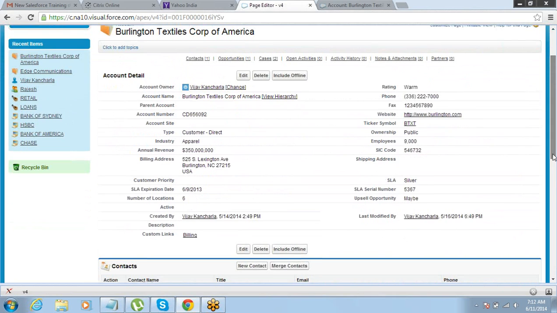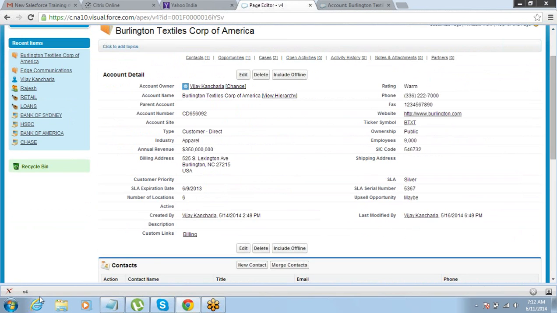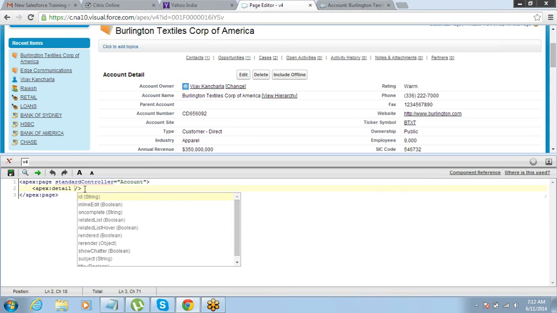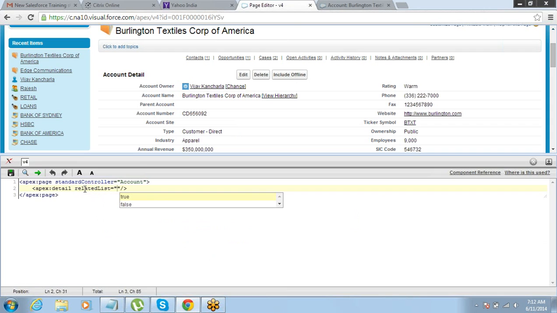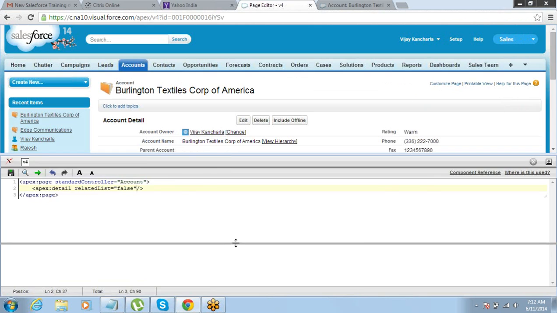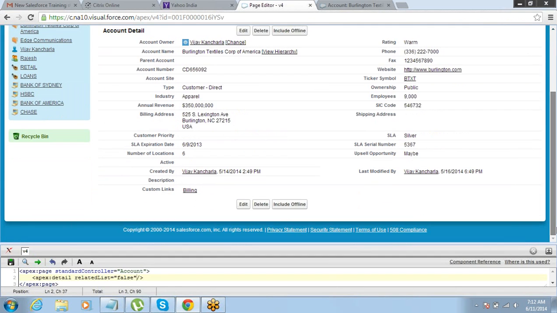In case in your detail tag you don't want to see the related list, you just want to see the details of the account, but you don't want to see these related lists, then you should set related list equals false. Apex detail shows the detail, but related list equals false. So this will remove the related list from your page. Okay,